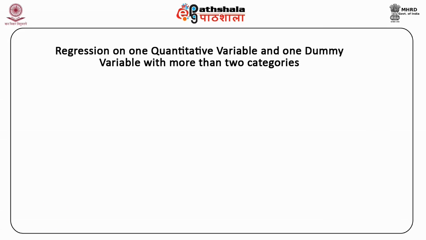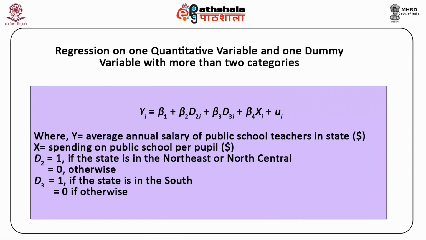Regression can include quantitative variables as well as qualitative variables with more than one category. This is shown in the equation below. Yi is equal to beta 1 plus beta 2 D2i plus beta 3 D3i plus beta 4 Xi plus mu i,